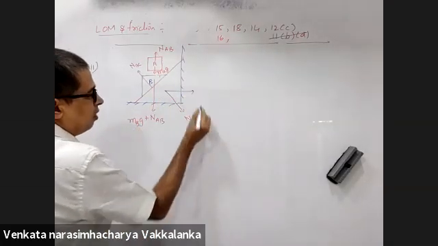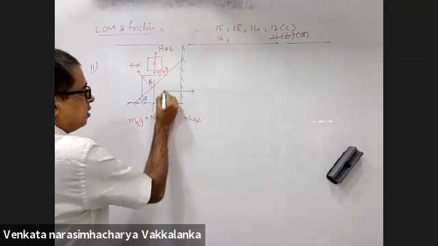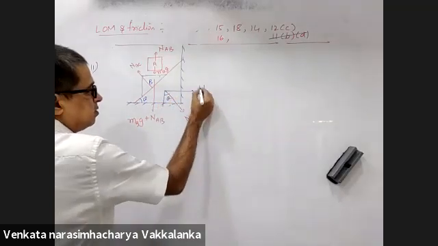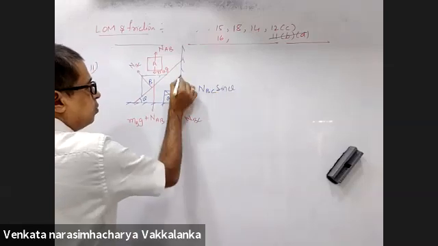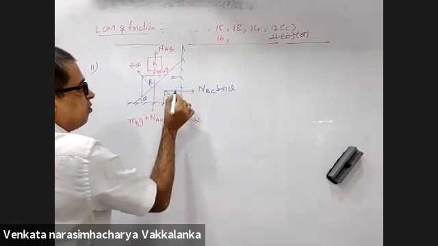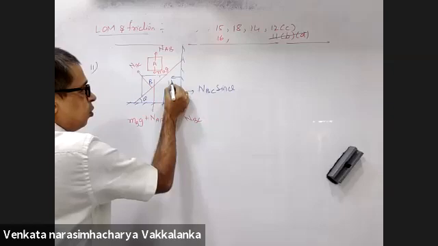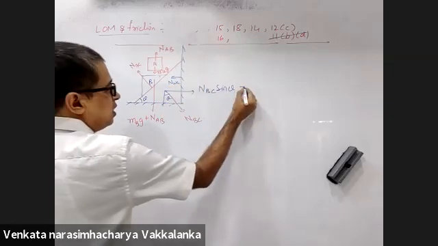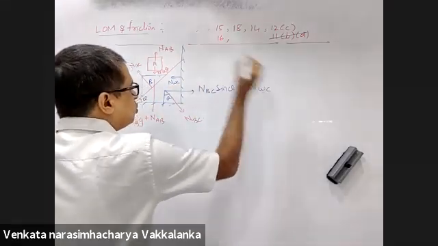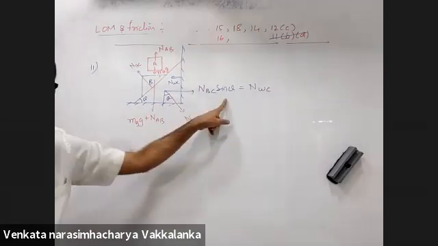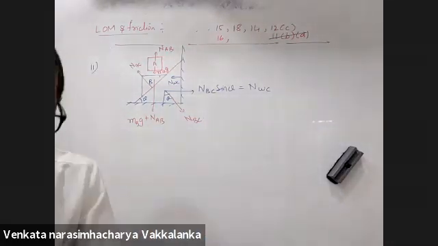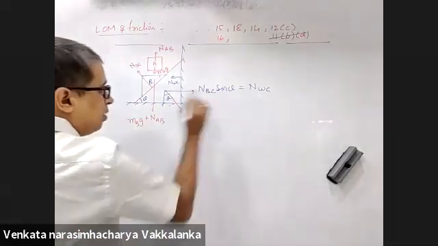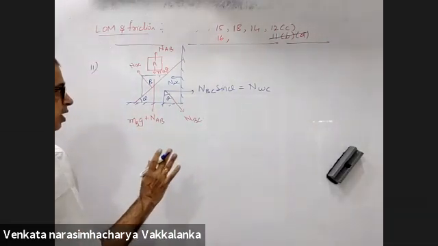Component of this normal force will be, this is theta, this will be theta, this is NBC sine theta, which will be equal to this normal force. Normal force due to wall on C. This will be normal force due to wall on C. I assume he asked that. I don't know whether he asked or not. I hope I'm making sense. This will be equal to this. Do you get that point clear?